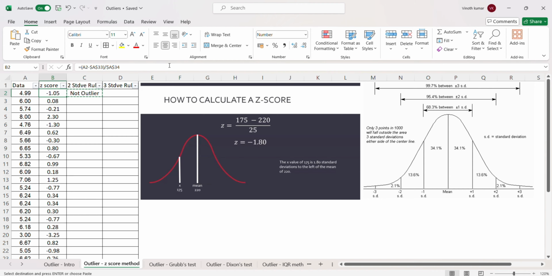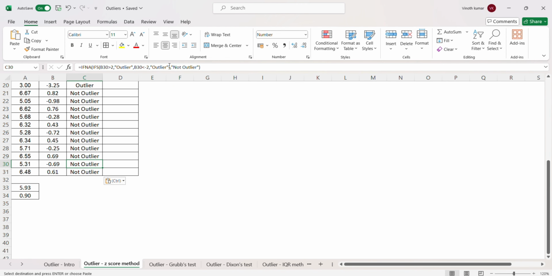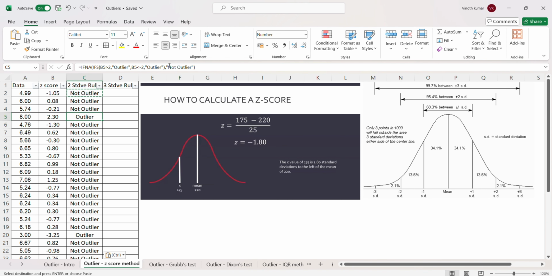I can copy this formula and I can paste it here, and here if you see this data point is 2.3, that means 8 is 2.3 times of standard deviation away from your average on the positive side, and similarly 3 is minus 3.25, that means 3.25 units of standard deviation less than your average,